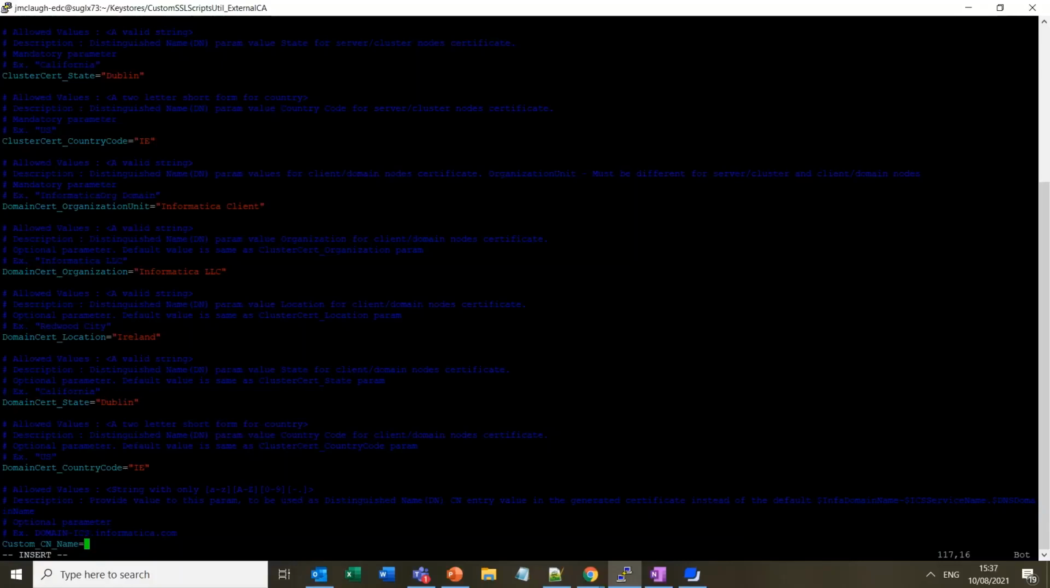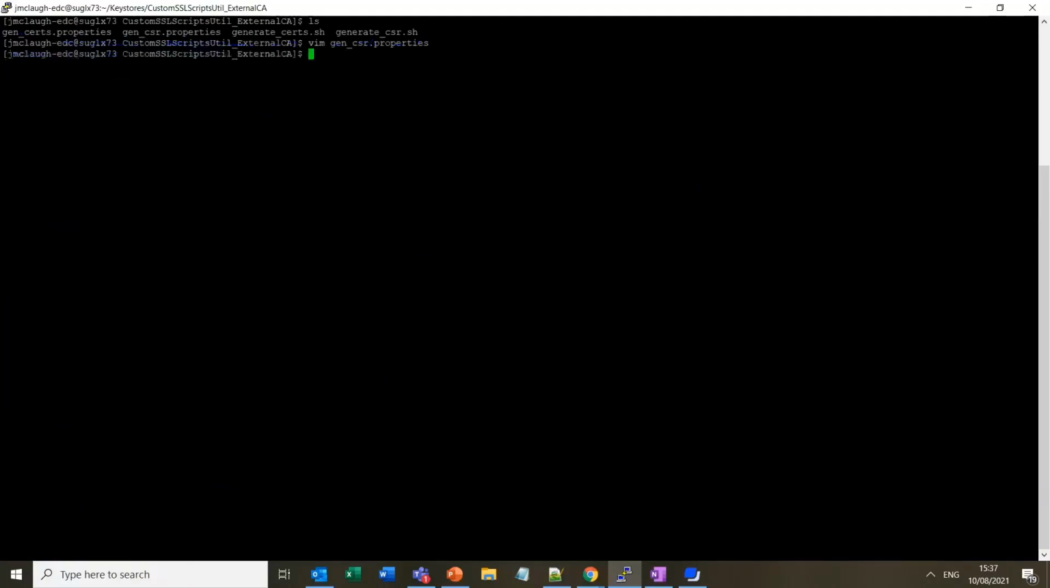The last value that's in this file, as I said, from the presentation, is the distinguished name, the common name entry on the certificate that's generated. So we're not using the default domain name followed by cluster name followed by the DNS name. I'm just going to use a custom specified CN, so it's going to be informatica.com in my case. So once that's done, I'm just going to save the properties file, the gen_csr.properties file,